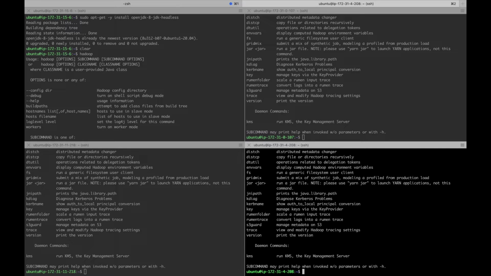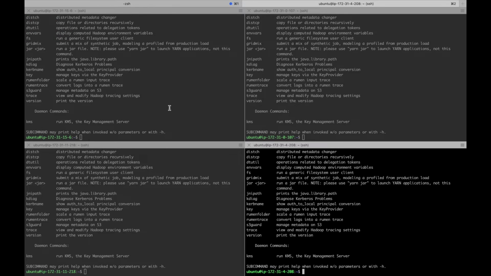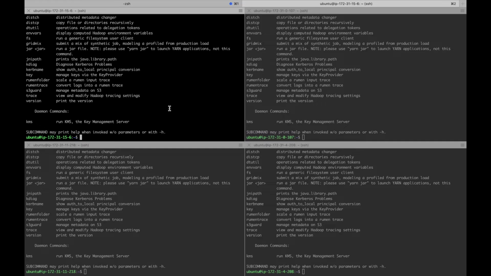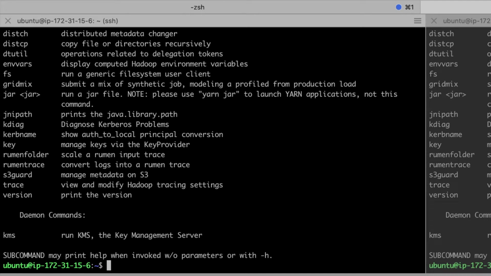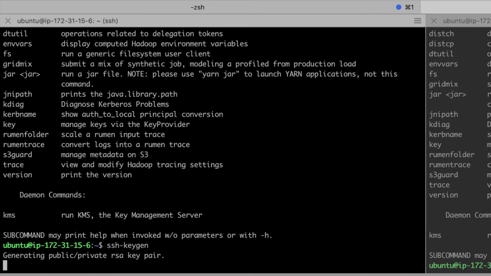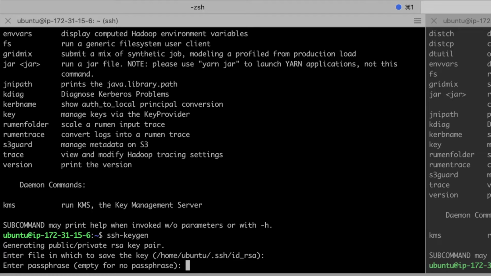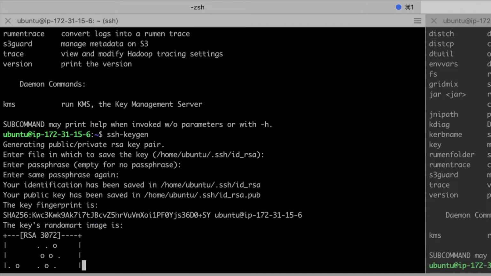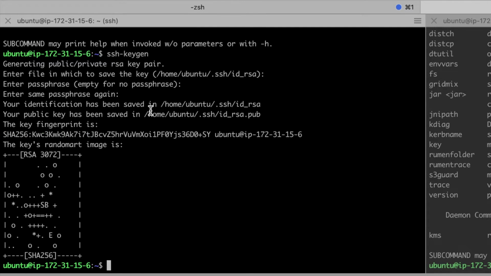For setting the passwordless SSH, for the name node to connect to the data node and any other nodes, it should not ask for any password. For setting that, we need to generate the key. We call it as RSA key. So we use ssh-keygen for generating the key. We can save it in the same location, press enter, and it's asking to enter passphrase. I will press enter without entering anything, so that it will be without any password. We'll press enter again. So the key is now generated and the public key is now saved as id_rsa.pub